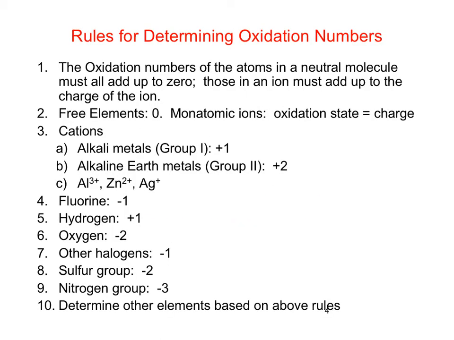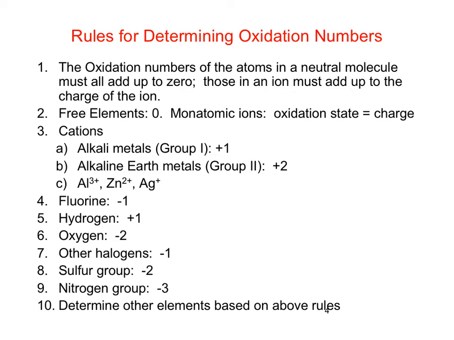Now the good news is we have some fairly simple rules for determining the oxidation number of an element in a compound. They may seem a little bit complicated at first. What you may want to do is pause the video, write them down, and then we'll use these in some examples, and I think they'll make a lot more sense. Now, a lot of these rules are things that we already know about being able to predict the charges of things when they form ionic compounds. For determining the oxidation numbers, the oxidation states, even though they're not necessarily charges in the case of covalent compounds,